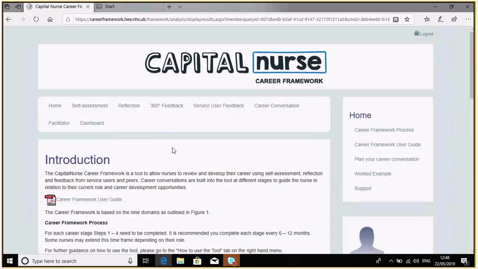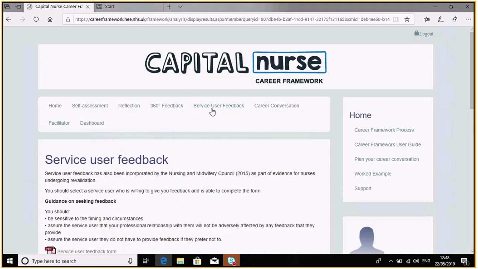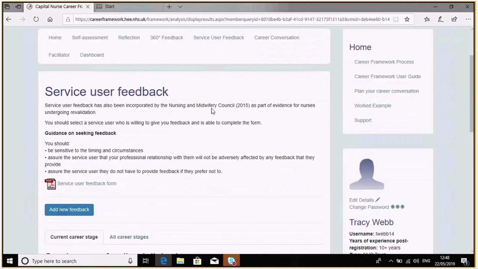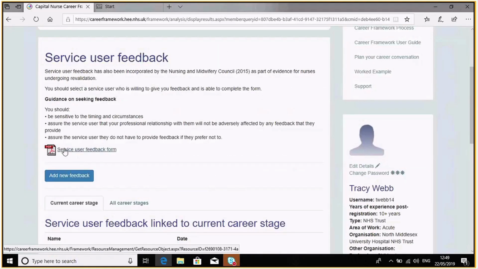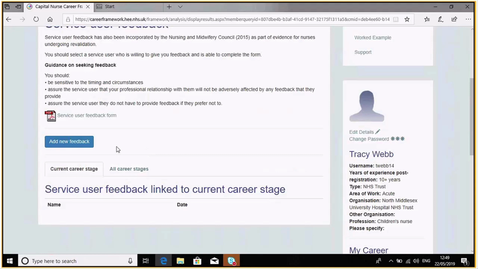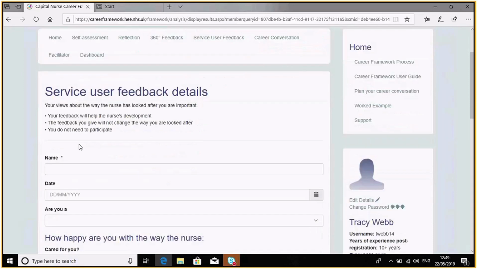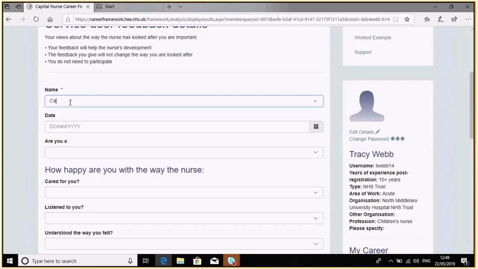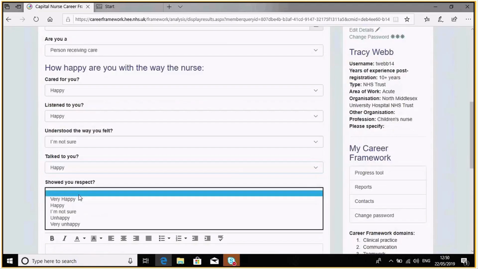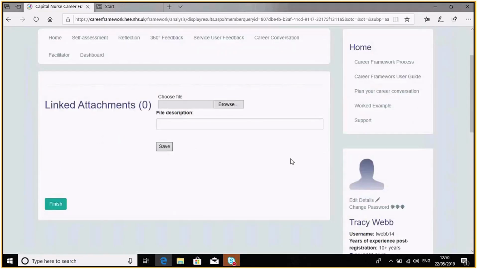What's nice about the tool as well is that you get a chance to ask your service users for some feedback as well. So that could be your patients or clients that you're working with. You have an option to download a PDF form, so you can print that off and then upload the information to the digital version. So we're going to use the add new feedback. So if I was a patient, I could be simply putting my name in here. And you can upload, as you can see, if you've scanned the PDF version of it, you can upload it and put it in here as well if you want to do that,